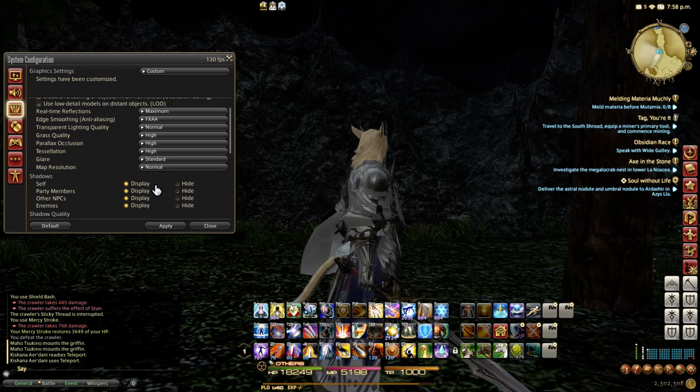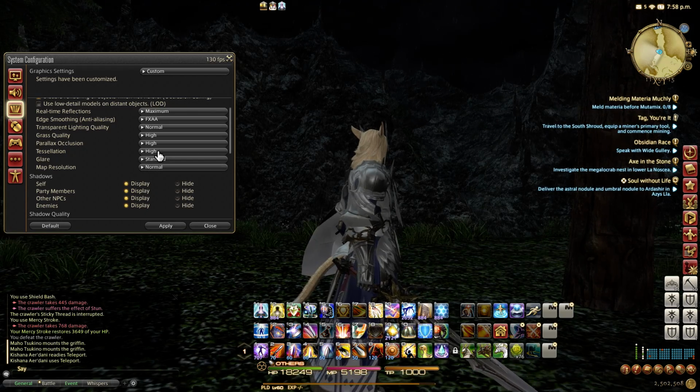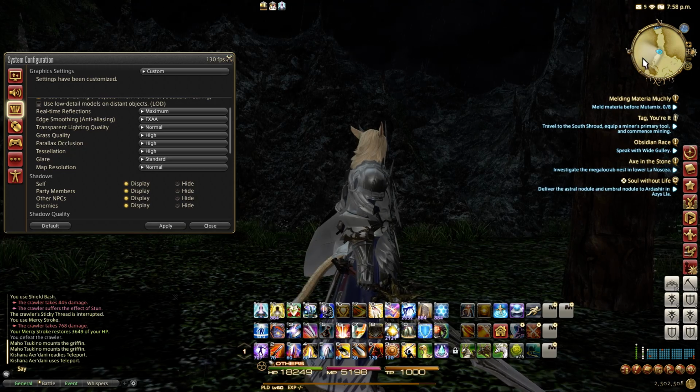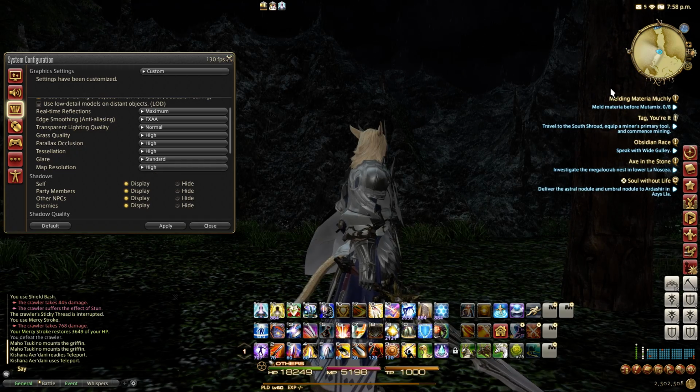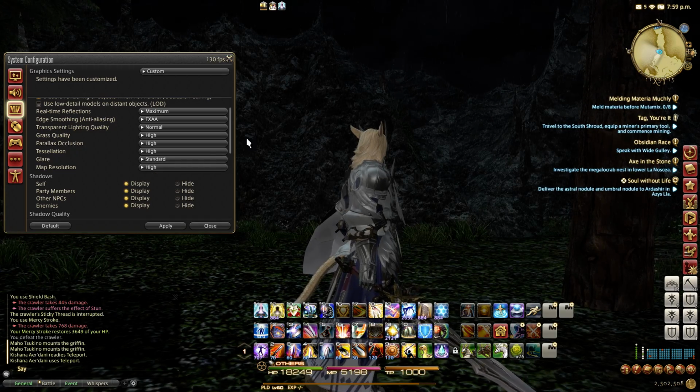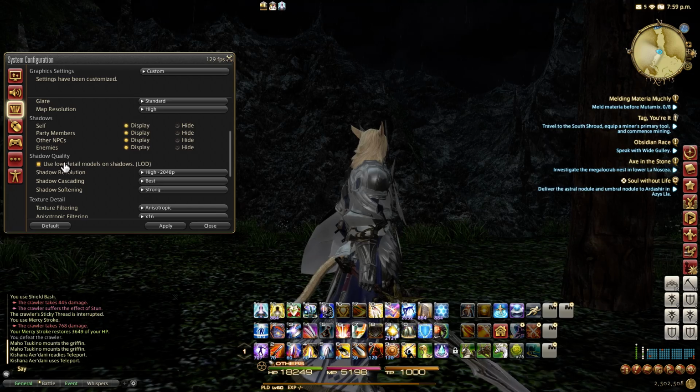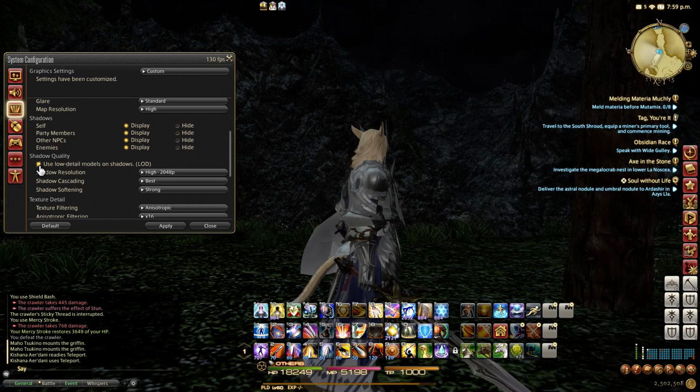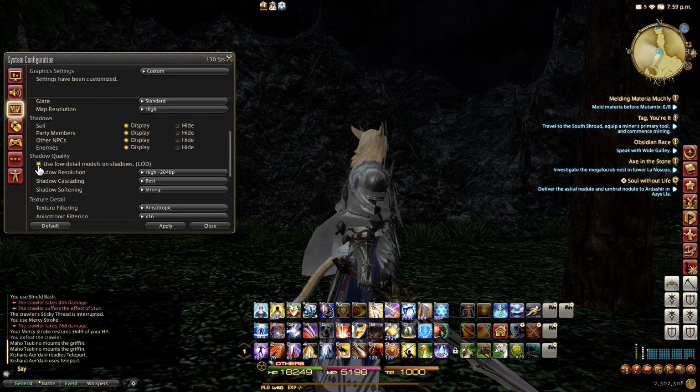If you set it to normal, it kind of gets this blurred effect, especially if you're on anything higher than a 1080p resolution. So you're going to want to leave that on high, so it has that crisp, clean, sharp look and feel to it. So shadow quality, I specifically turn on use low detail models